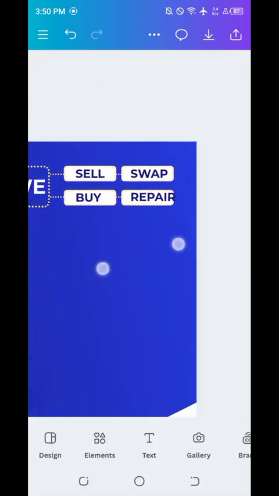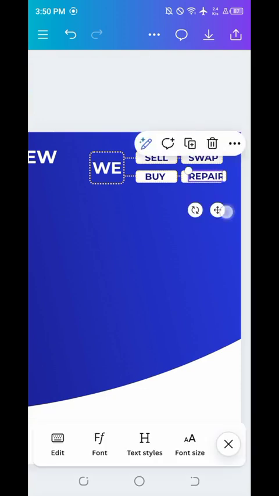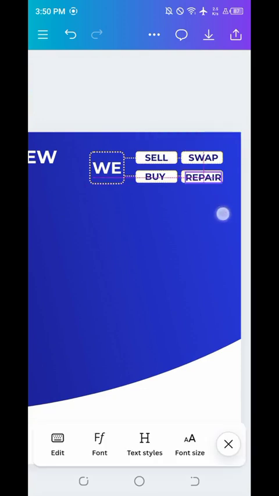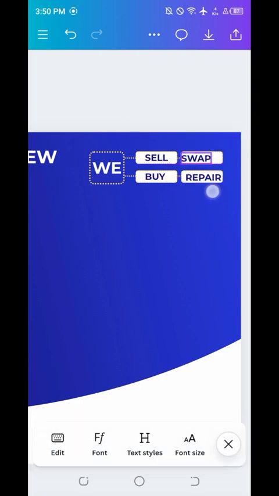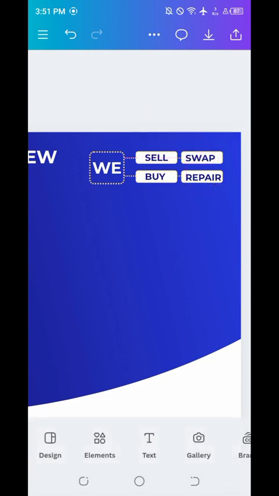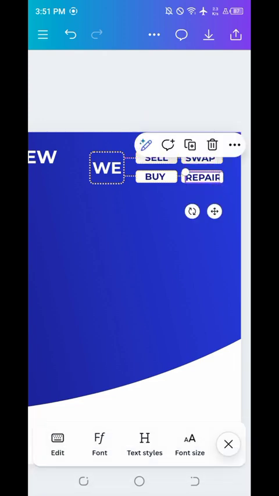Alright, so I'll zoom out a bit, then position my repair text properly inside the shape, like this. Now you can see what I'm trying to do. I'm trying to make sure the repair text and the swap text are on the same line. Alright, now we are done with this part of the design, but then I would like to move this repair